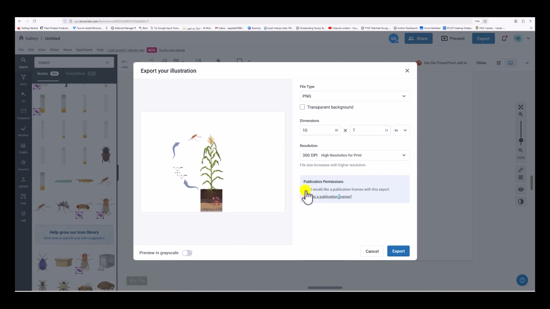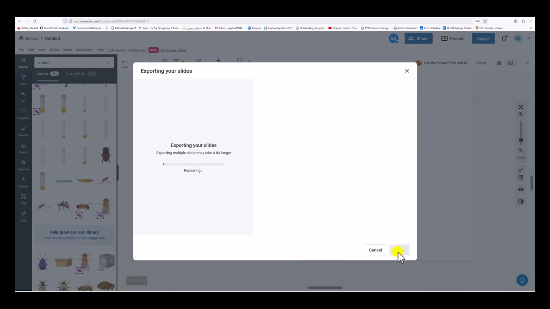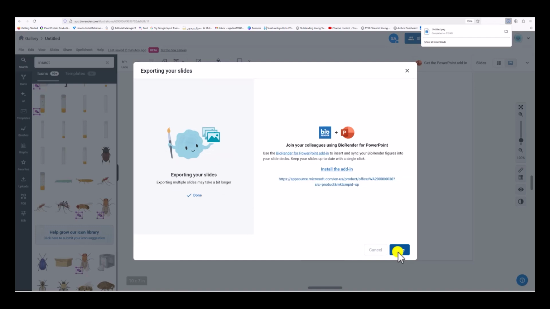Okay, so then you can just get publication permission, and then you can export your figure. So then it will be easy. In a few minutes you can create a graphical abstract or any type of figure related to your scientific article.